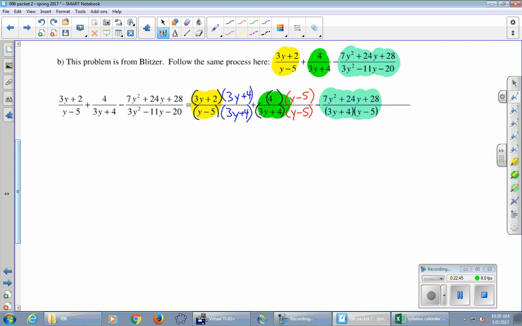The last fraction now, we need to complete. We've got to figure out what's missing. Okay, let's see. 3y plus 4. We had a 3y plus 4, and we still got a 3y plus 4. We need a y minus 5. Oh, that's fortunate. We have a y minus 5. What do you notice about all three denominators? They're all the same. But if they weren't the same, then maybe you've got to put something else in here